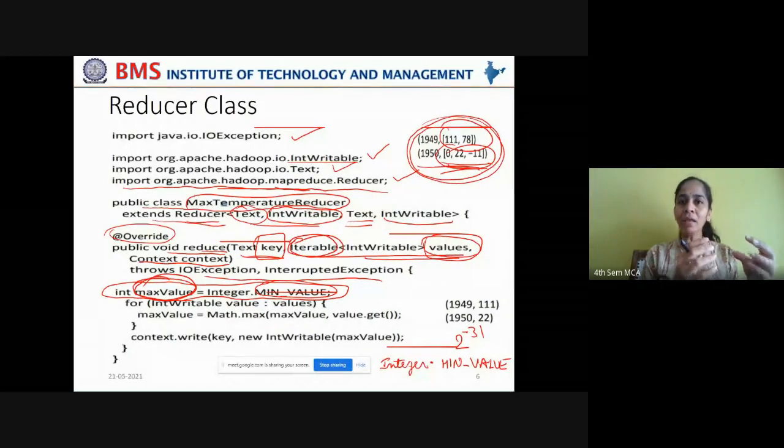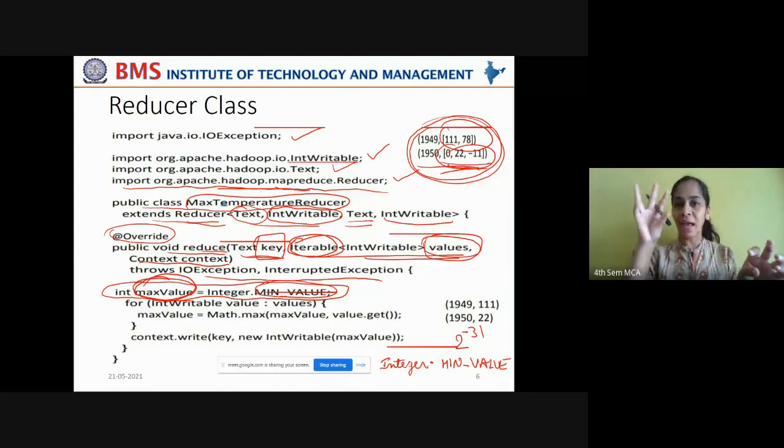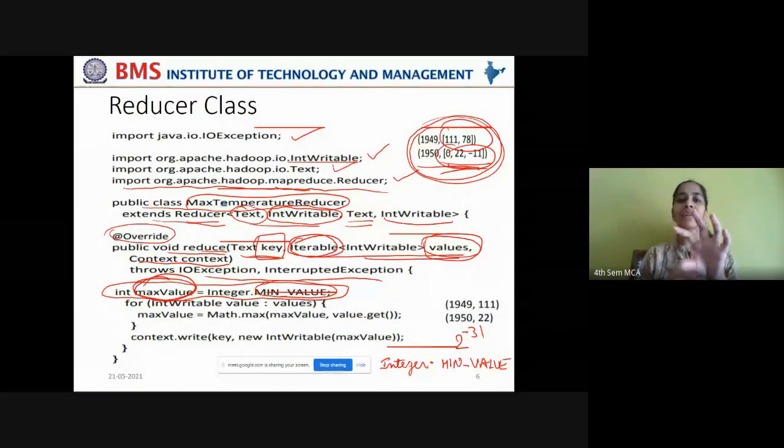Hereafter, any value that is greater than this max value will be tagged as the max value so far. Now, this max value is compared with any other value.